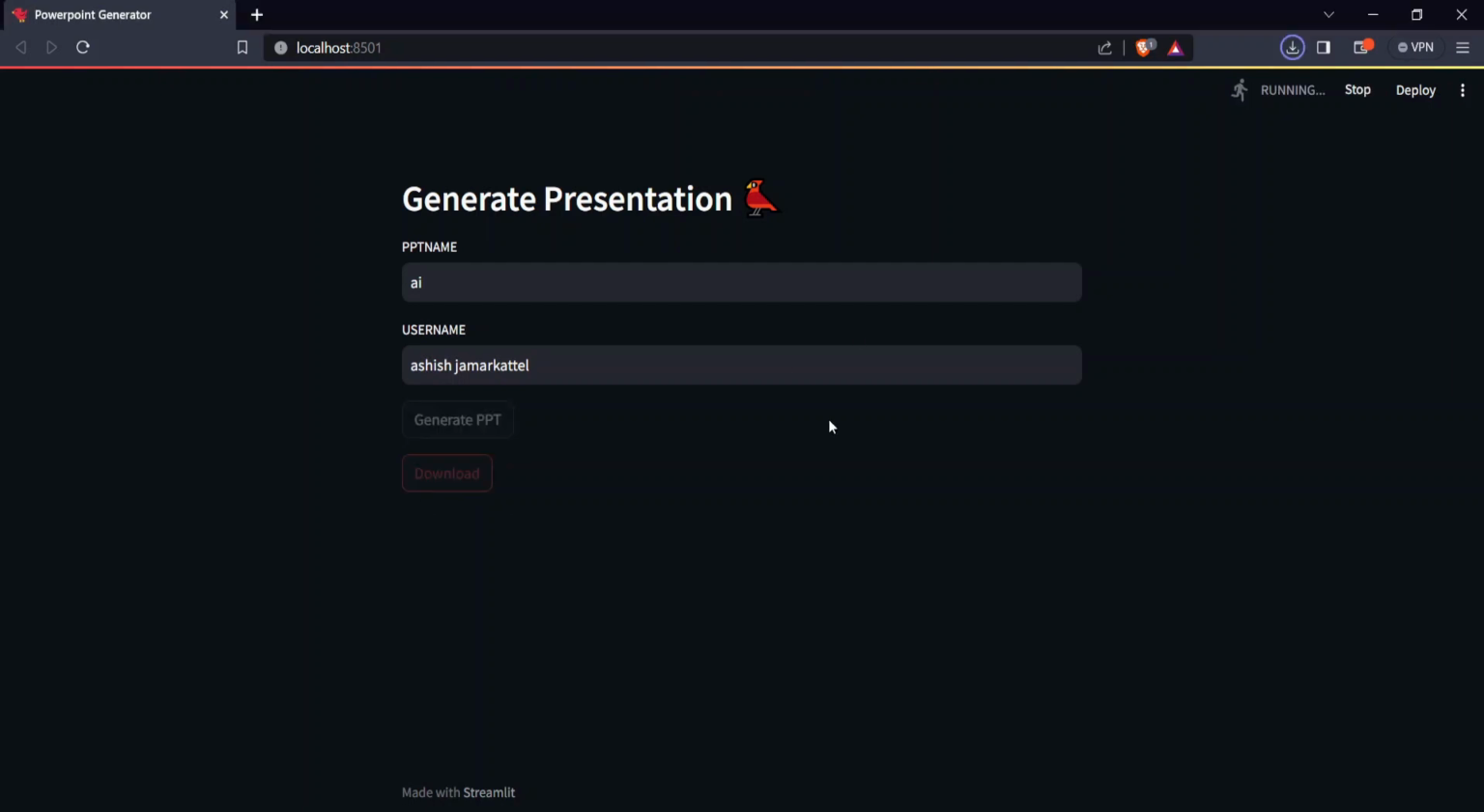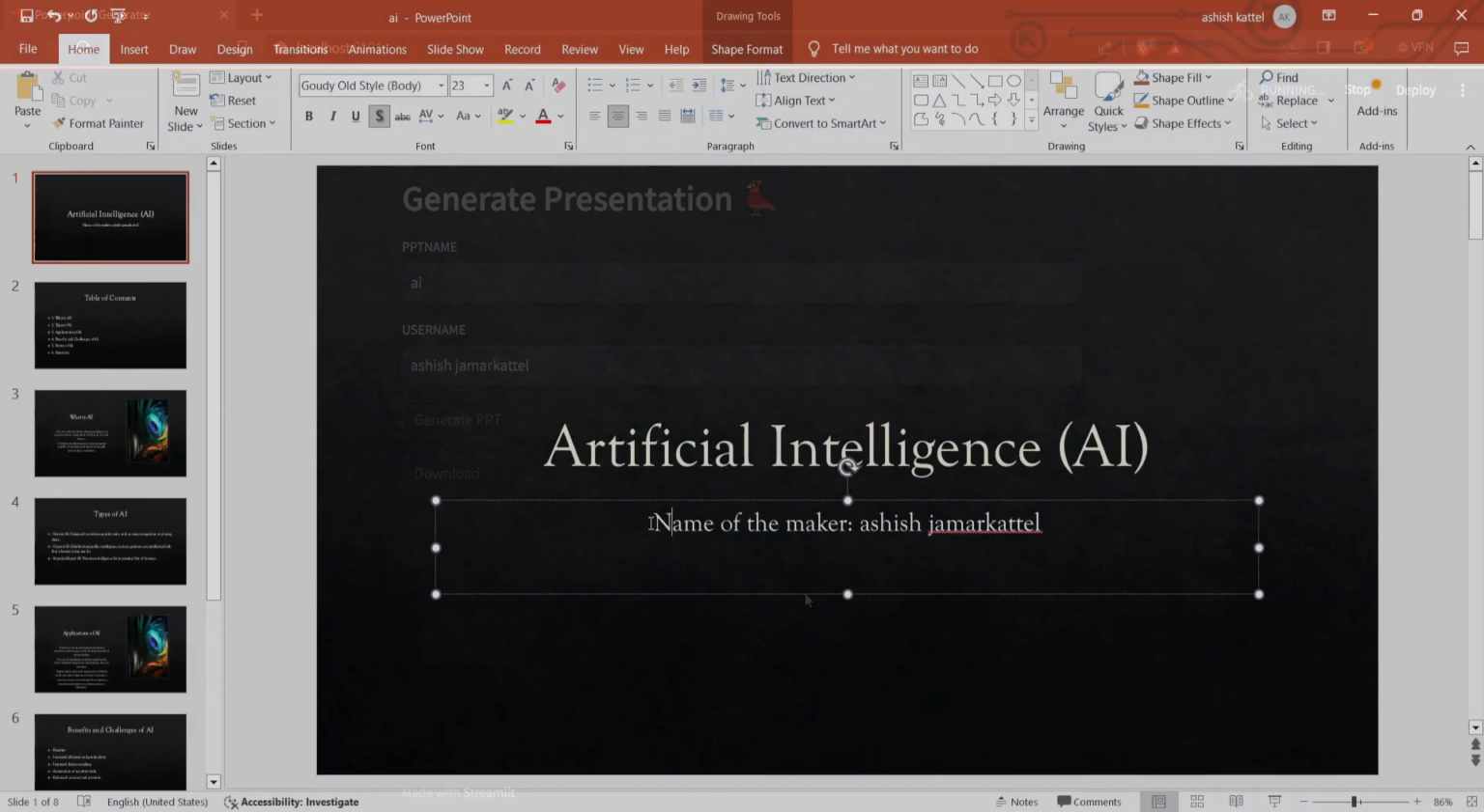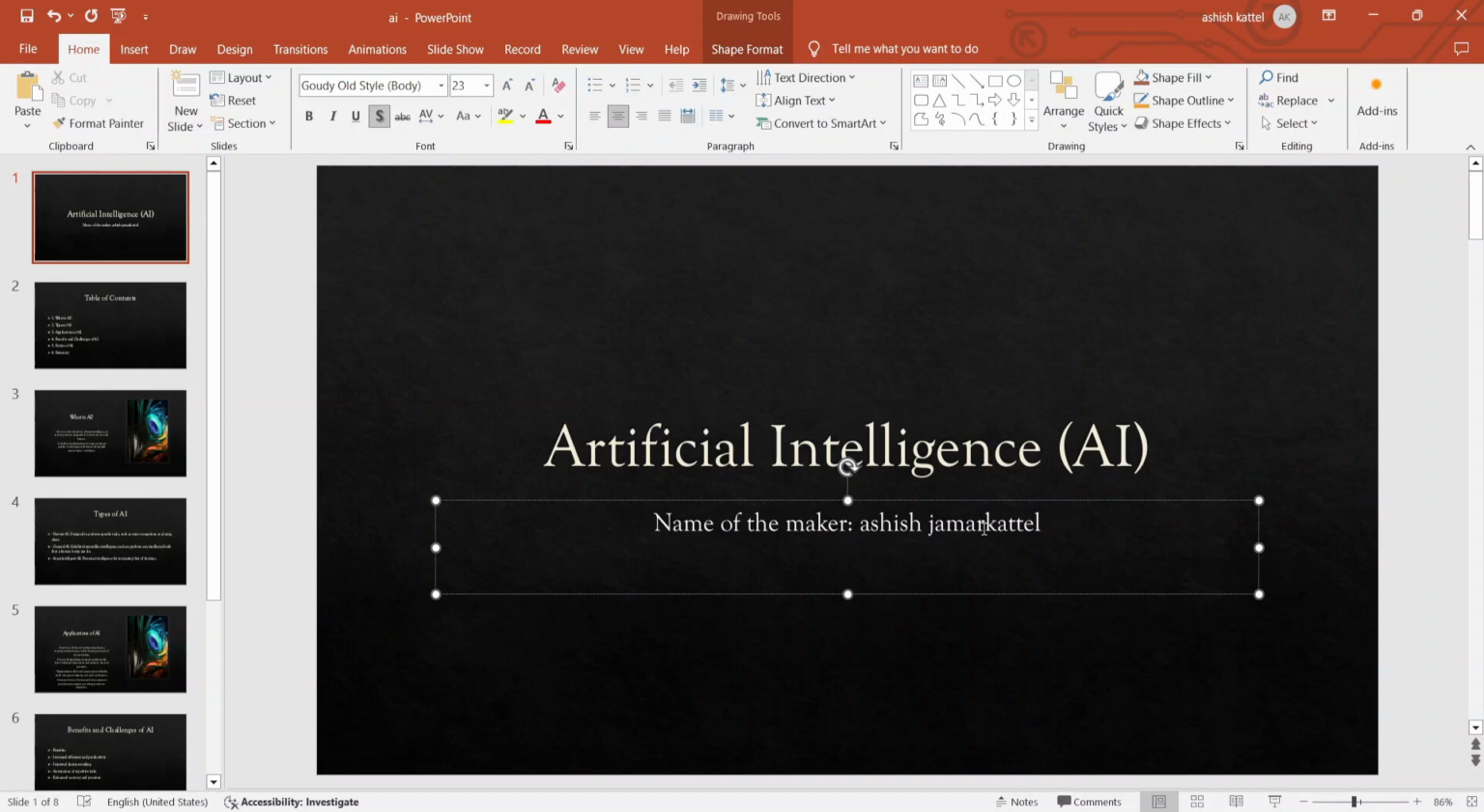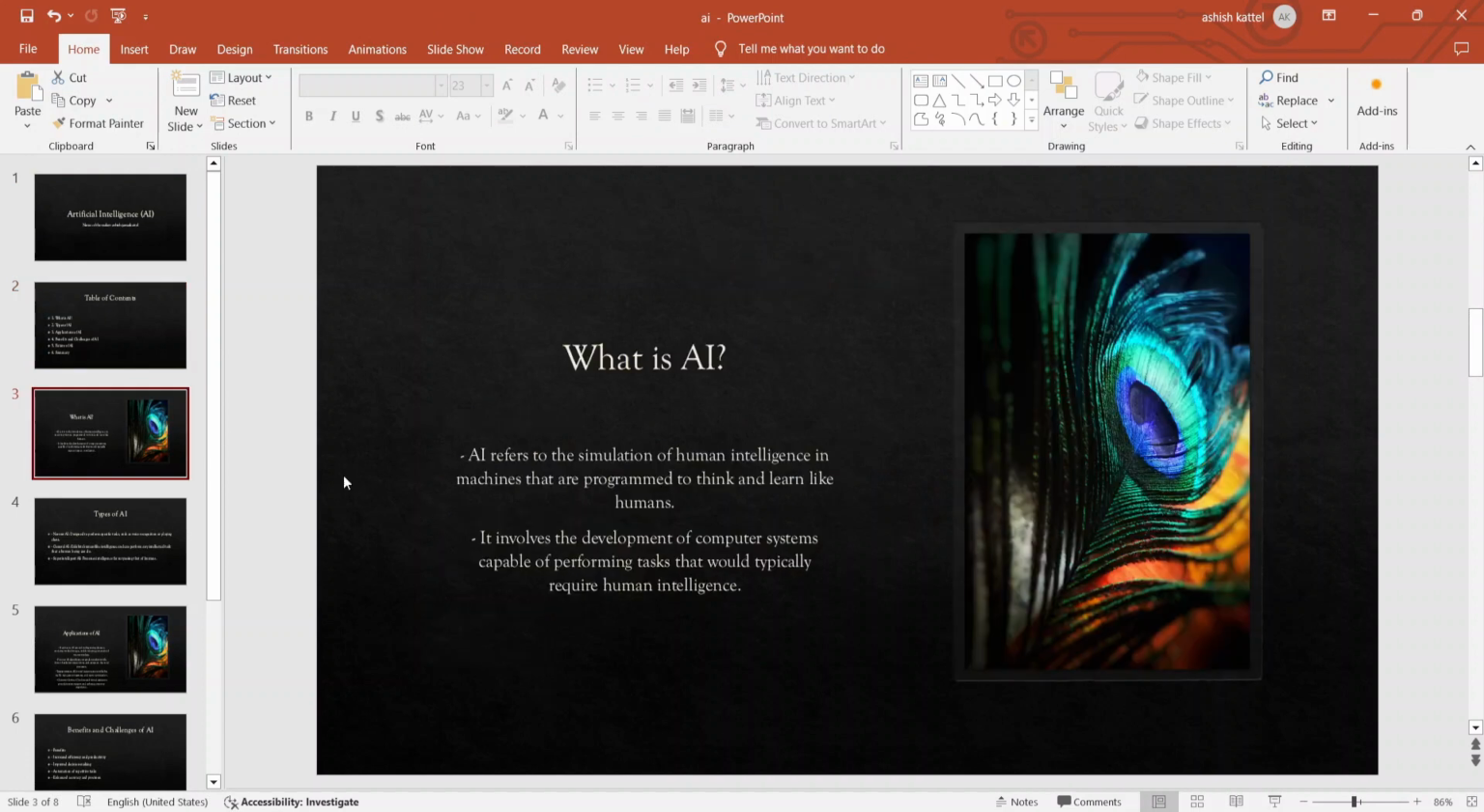Now let's check the presentation. So this is the presentation that was created with the topic as artificial intelligence and the name of the maker, with the table of contents and image in the image placeholder that we discussed above. Now this is the static image I have used just for demonstration purposes, but if you run the code,